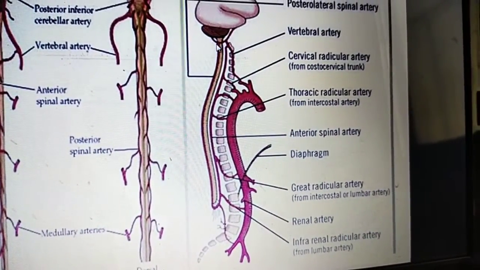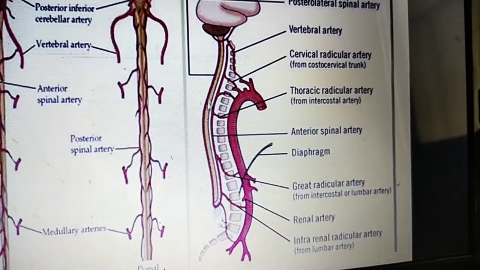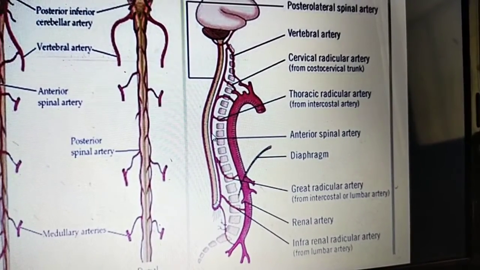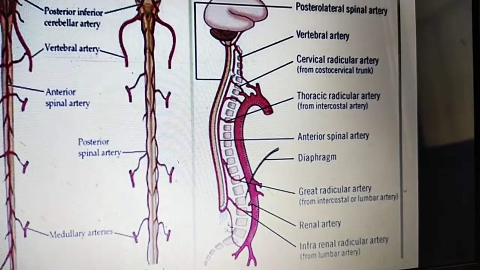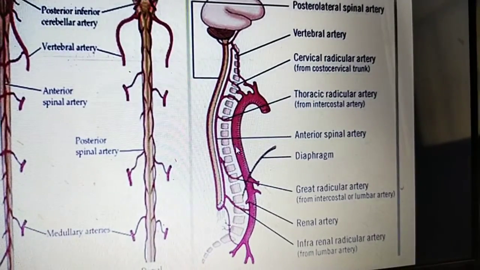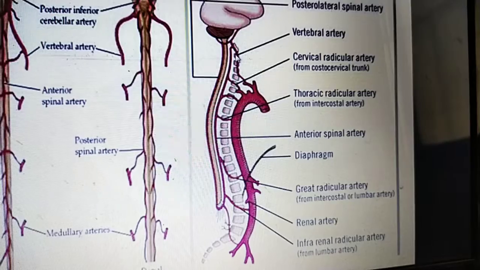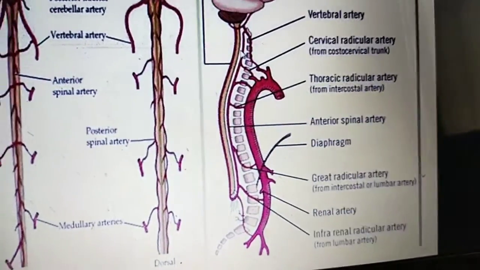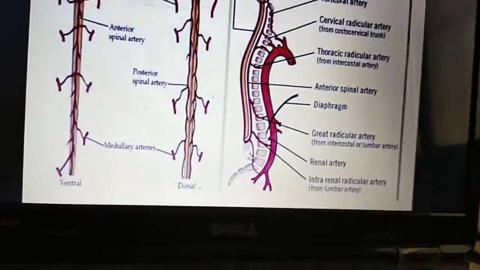And this, you can see, is a posterolateral spinal artery. This one is the anterior and this is the posterior. Like that, it gives the blood supply to the spinal cord along the whole length of the aorta. It gives its branches, the arteries to the vertebral artery, that gives the anterior spinal artery.